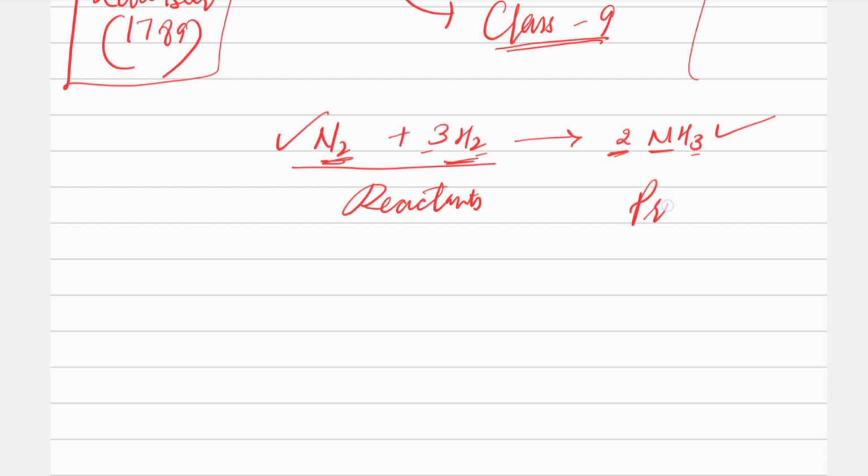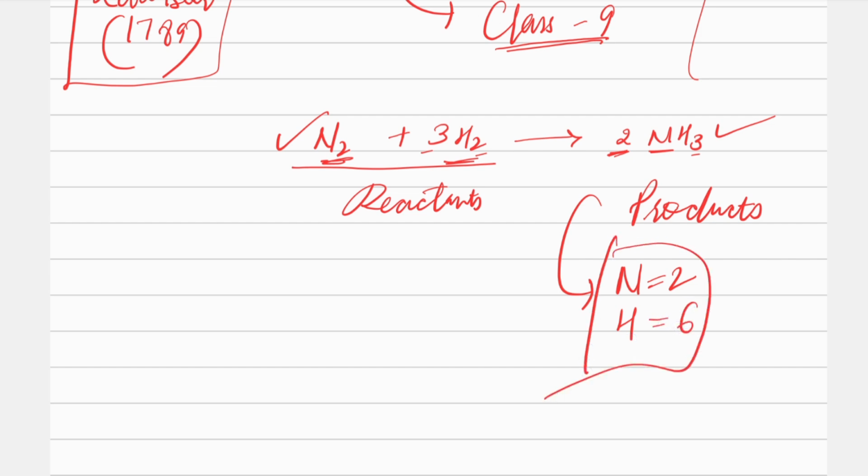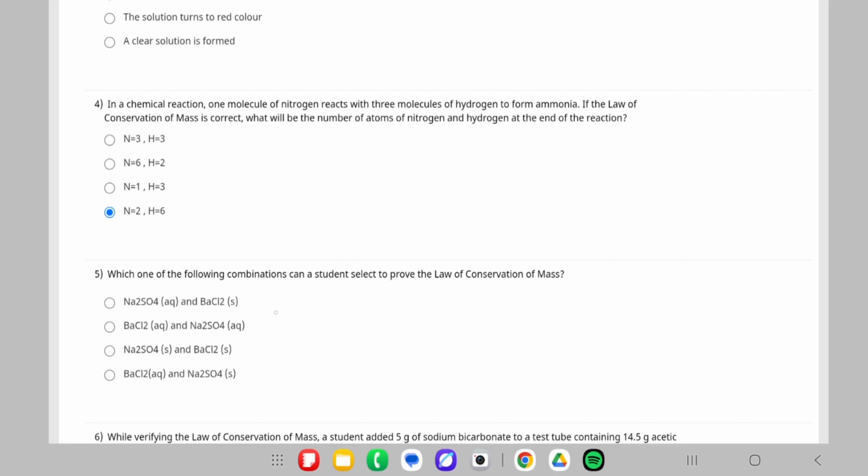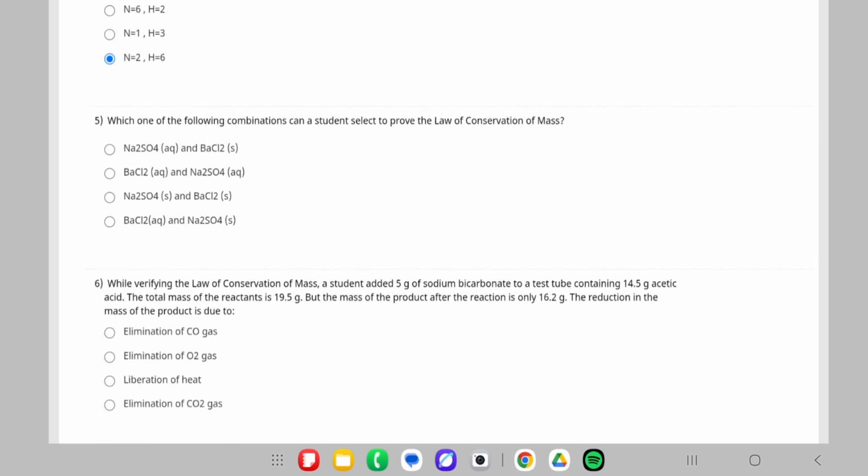So in reactants and products, the number of same type of elements should be the same. Okay, that's why how many nitrogens will there be? There are 2 nitrogens, and how many hydrogens? 6 hydrogens. Which of the following combinations can a student select to prove the law of conservation of mass? There are a lot of things, but remember we have taken all the barium chloride and sodium sulfate in solution form, not in solid form. So its answer will be